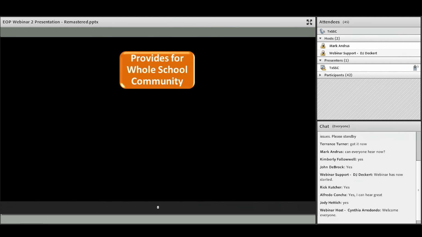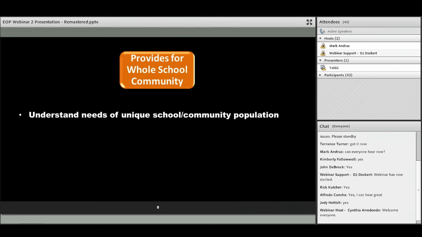The next key planning principle is providing for the whole community, whole being the key word there. Through every step in this planning process, the planning team should take an inclusive approach to make sure that the whole school community is represented and can participate. This includes staff, students, families, visitors on campus or in a district, any students and adults with disabilities, any and all individuals with access or functional needs. That could be, for example, communication or transportation needs. Individuals with various religious, cultural, racial, or ethnically diverse backgrounds should also be included.